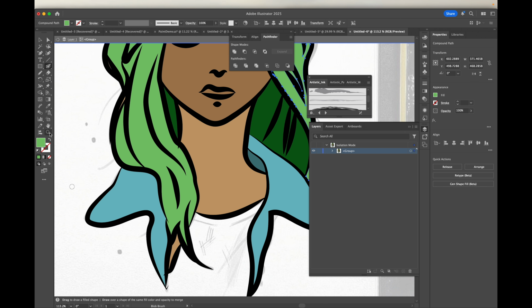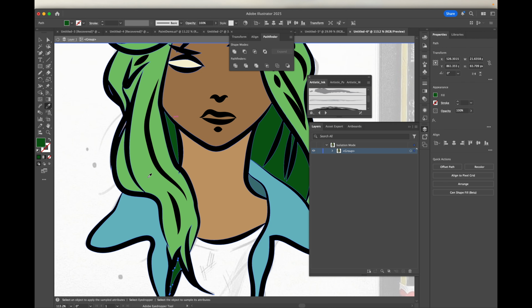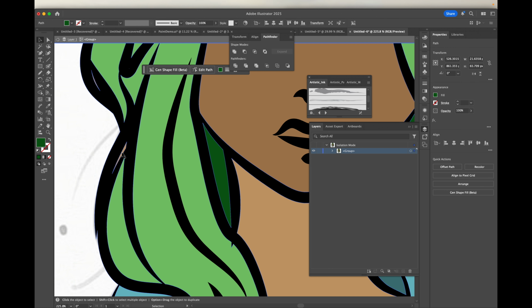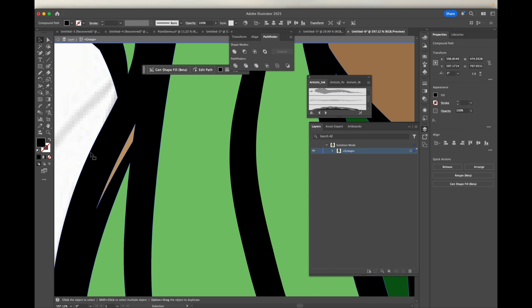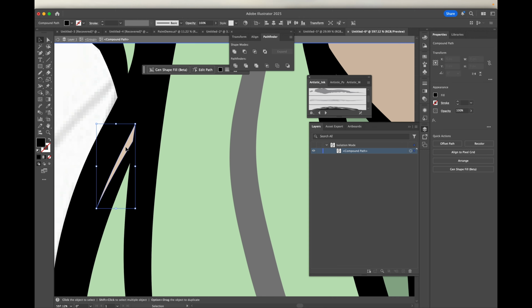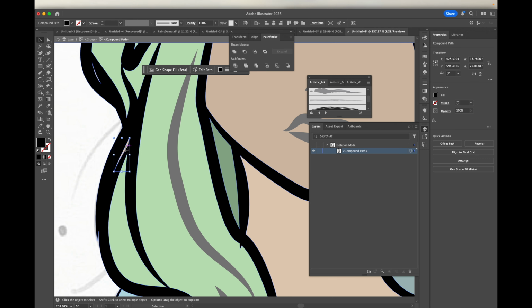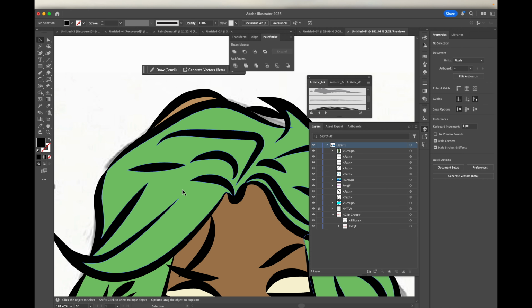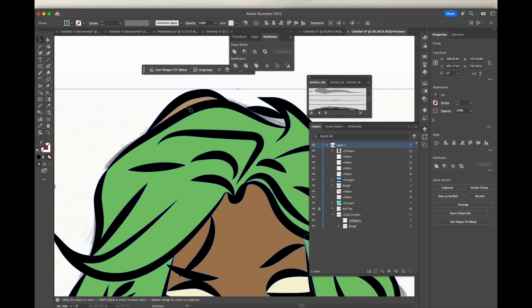So what we're going to do there is select one of those areas, if not all of them, but I'm going to start with this one. I'm going to use the eyedropper, which is the letter I on the keyboard, and eyedrop that color in there. I'm going to hit V. I'm going to zoom into this. Notice how the color went black. That means I actually selected the path and not that fill. It still is selected in black, so that may be something I'll have to deal with later. It seems like it's being a little fussy. But if I select this